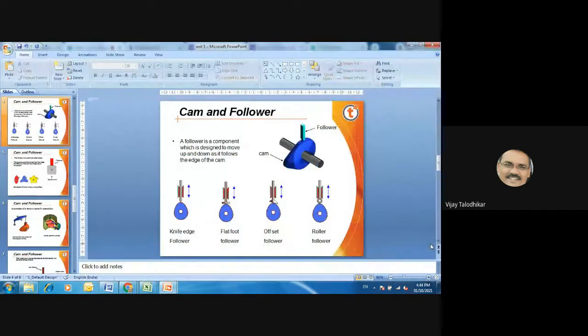Now see that the knife edge means that the follower is provided a pin shape at the tip of the follower when it gets touched with the cam. It forms a line contact or it may form a point contact.